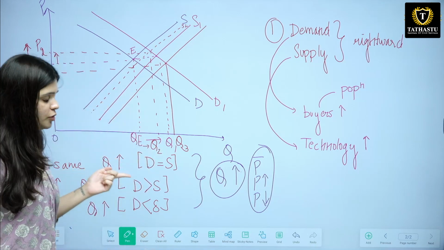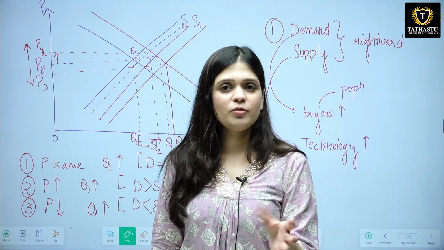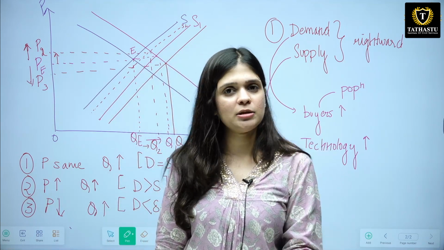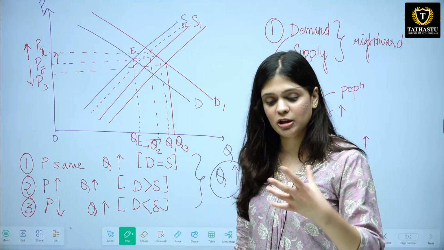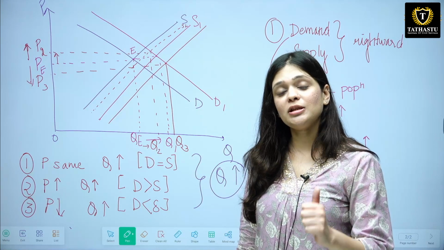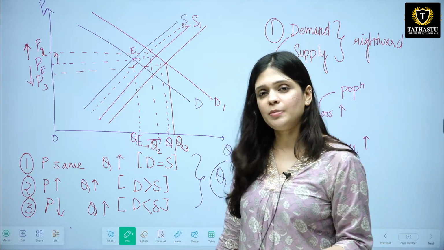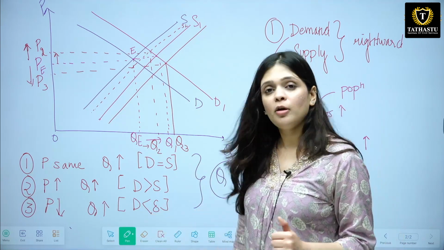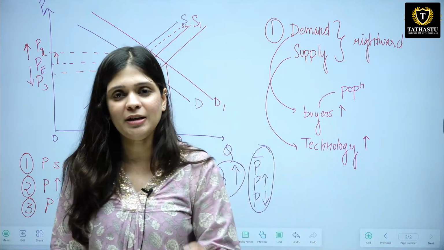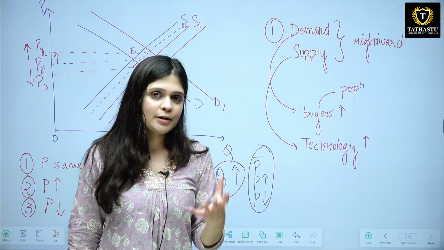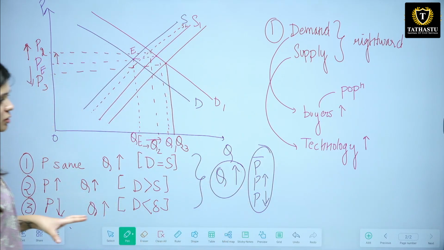If I talk about the first situation in which demand curve is shifting as much amount as supply curve is shifting, in this case obviously the demand is being made by the supply, so price stays the same. In the second case, there is excess demand. It means demand is more than the supply is being created or supply is being increased. So in this case, demand is more, there's excess demand which will shift the price upwards. In the third case, what is happening is demand is less than supply. Okay, it means there's excess supply. So now suppliers will have to decrease their price because they know nobody will buy it. There's already less demand. So for us to sell our items, our goods and services, we need to decrease the price. So this is how the market works in the first scenario.